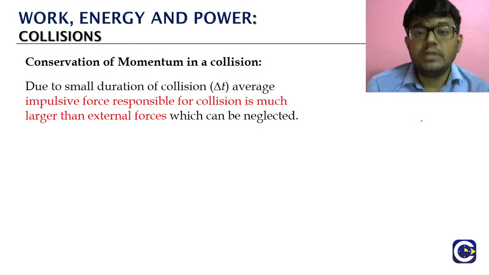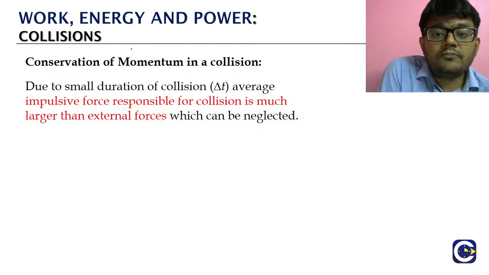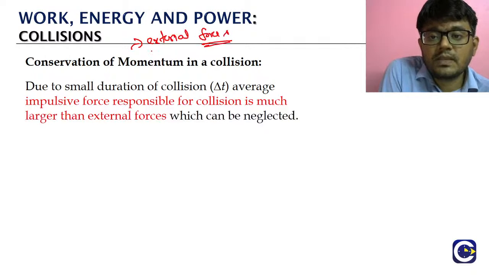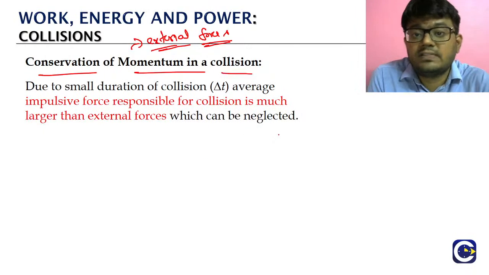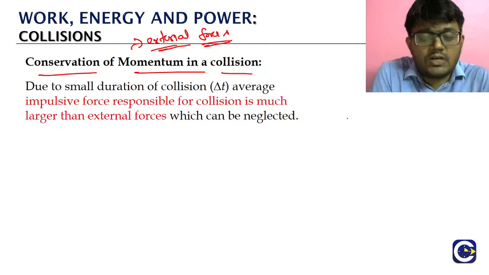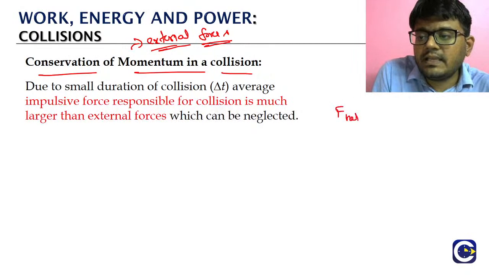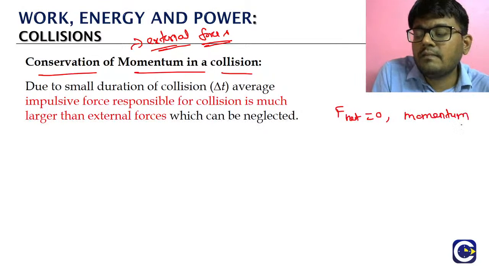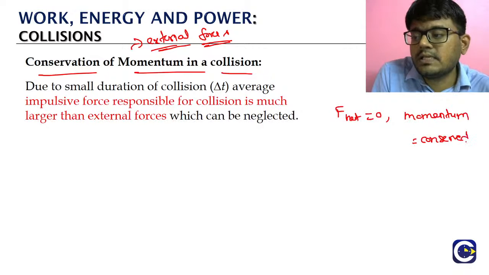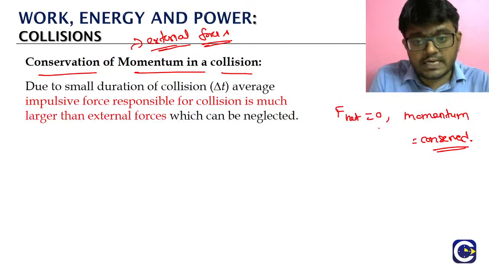Now we have said that collision is an isolated event. So why are we calling the collision an isolated event? If we say isolated event, it means there is no influence of any external forces. And for an isolated event, remember in Newton's second law we talked about it: if you have one object or a group of objects, and the net external force is 0, the total momentum will be conserved. So this is conservation of momentum. We have seen this comes from Newton's second law, correct.